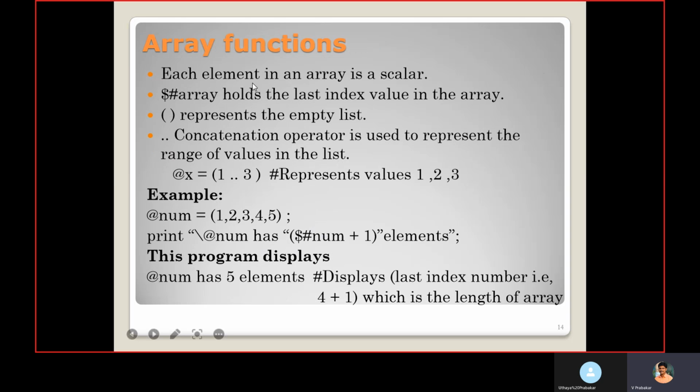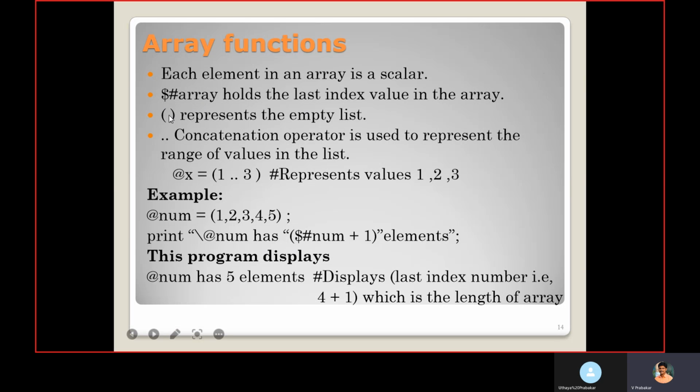Array functions. Each element in an array is a scalar. $#arrayname is used to get the last index of the array. If you want to get the last index value, use this $#arrayname.